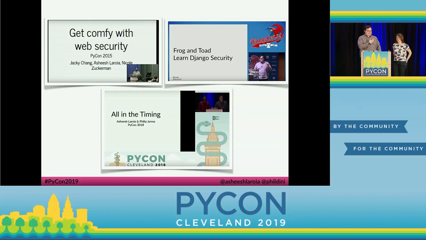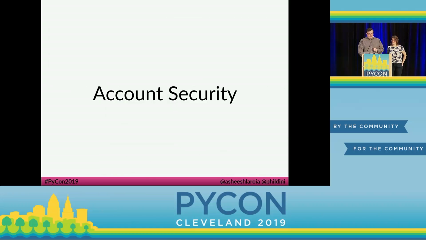Hi, we're Philip James and Asheesh Laroia. We like giving talks together, but right now you need to know that we have worked on a lot of websites, web applications in Python, and back-end API infrastructure things, often in Python. Some of them have been pretty good. Some of them haven't. We've spent a while staying on top of the best account security techniques because we know we've done it badly. This talk is a letter to our past selves.